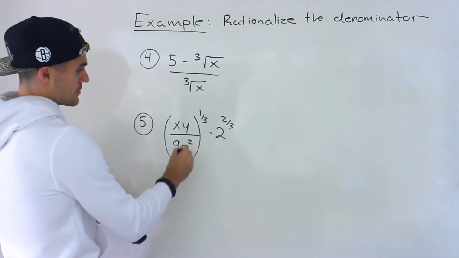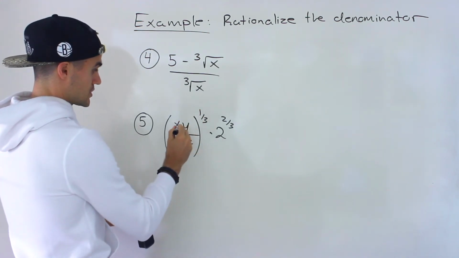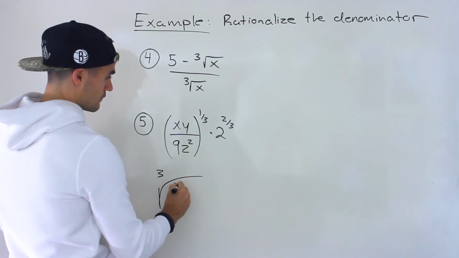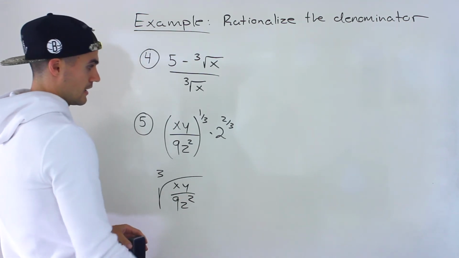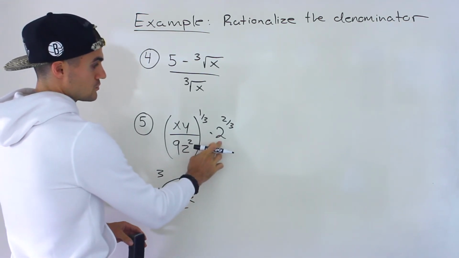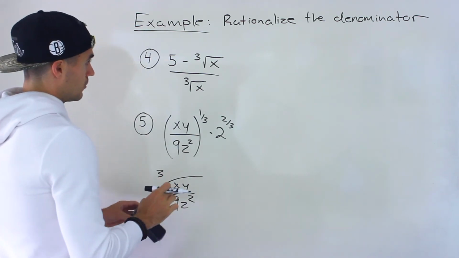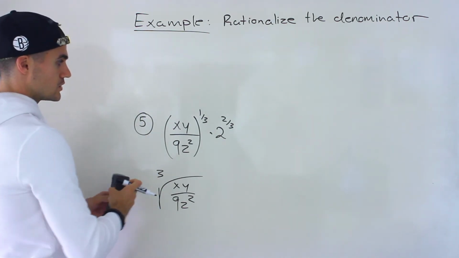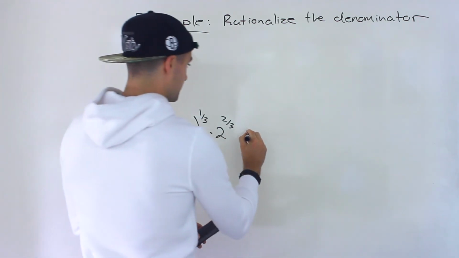Notice that we have this expression xy over nz squared to the power of 1 over 3, which, as a heads up, another way this could have been written is the third root of xy over nz squared. Then we're multiplying by 2 to the power of 2 over 3. Now, before rationalizing this, what I'm actually going to do is combine these into one term. Notice you could do that because